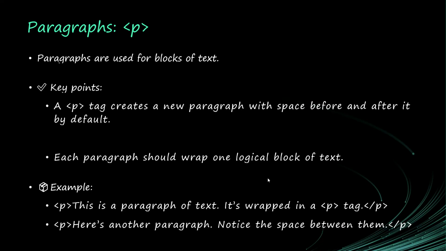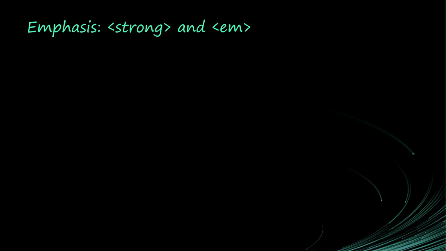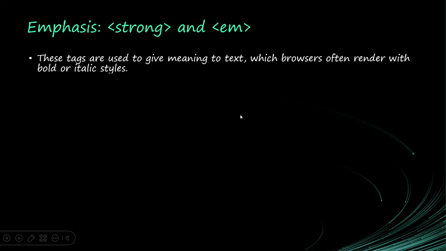All right. We also have something we call emphasis. We have the strong element and the EM element. These elements will add emphasis. They give meaning to text. We also have the B tag, which would also make the text bold, but it does not add this meaning. We call them semantic elements. We have structural elements and semantic elements. Structural elements are just there for structuring, but semantic elements add meaning to text, and browsers use this meaning